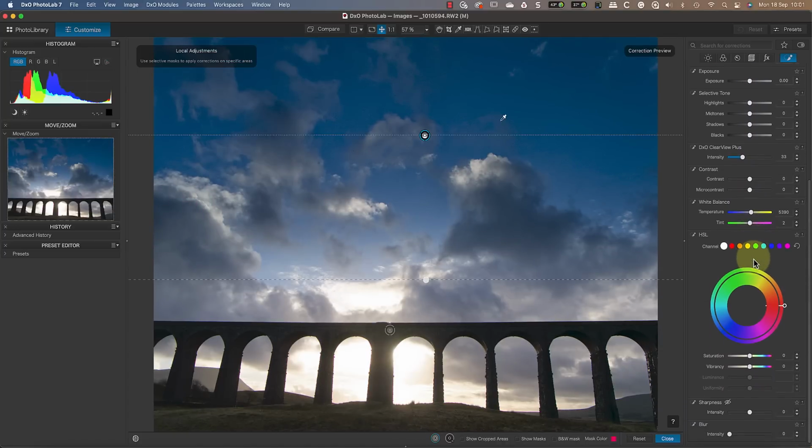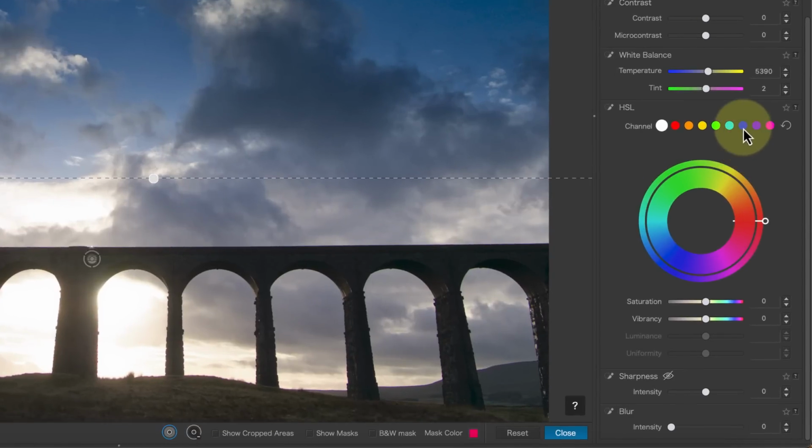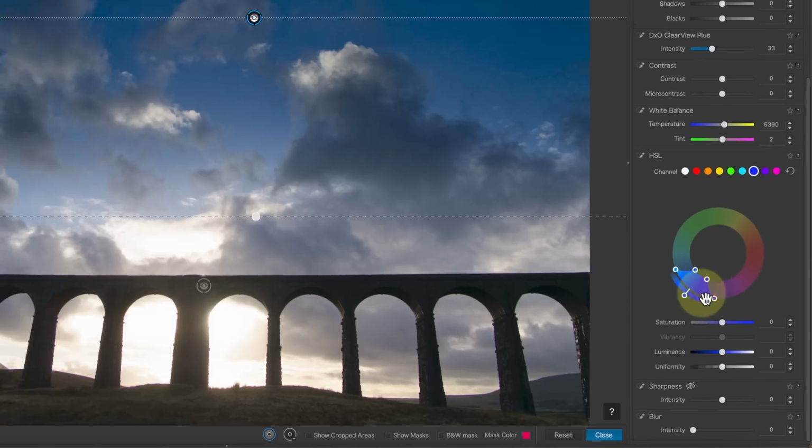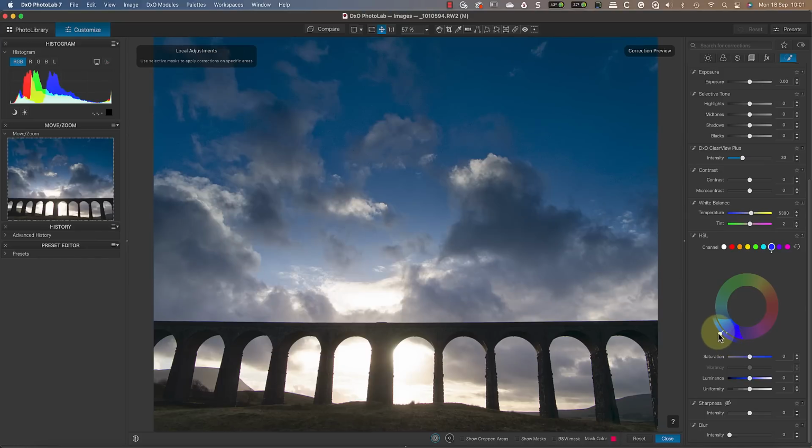First, I pick the colour range I want to affect, which is blue. You can then see the colours appear on the colour wheel to indicate the selection. I could change these by clicking and dragging, but I won't. Now using little lollipop control, I can alter the hue element of the colour. If I want to reset the adjustment, I just double click the control.